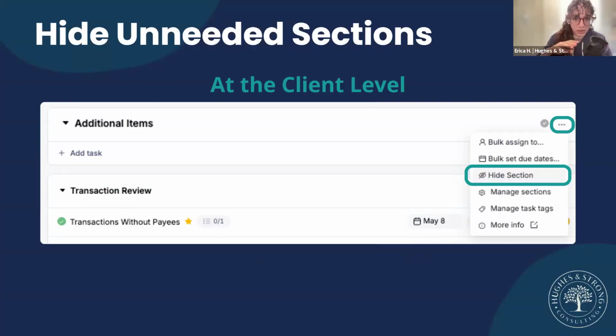I believe there's a Canadian report out there. I'll find it and post it in here to be able to hide those. So those ones are locked, right? But any of these other sections that have our own custom tasks that we add in there, we can hide these on the clients that we don't need, which is amazing because